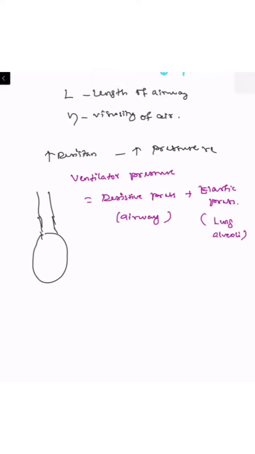So during mechanical ventilation, during inspiration, some amount of pressure is given into the airway, that is the delta pressure. This airway pressure is normally higher than the alveoli pressure. This is the airway, this is the ventilator. So in order to overcome the airway and alveolar pressure, and to deliver some amount of air inside the lung, we need to give more pressure. So the ventilator pressure has to be higher than the airway pressure and it has to be higher than the alveolar pressure.